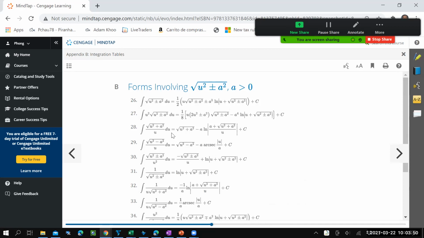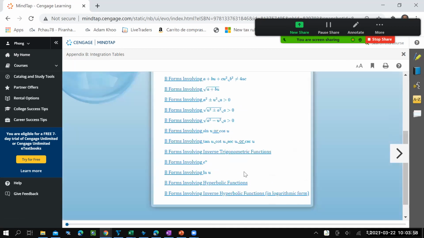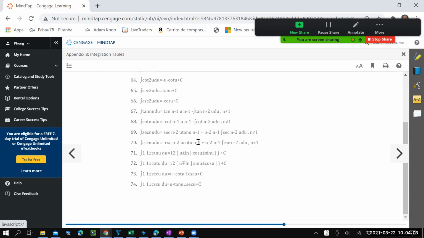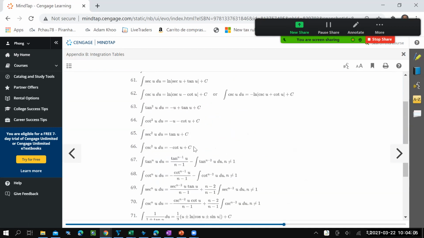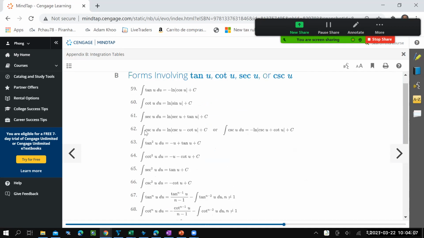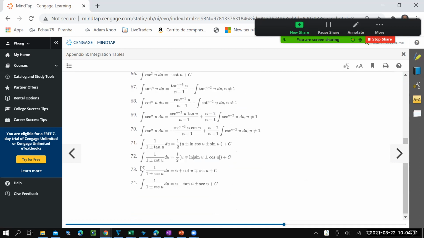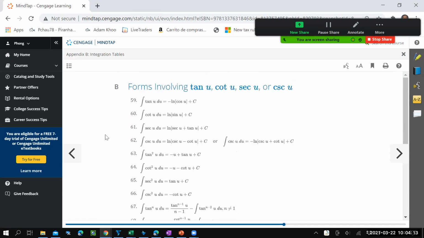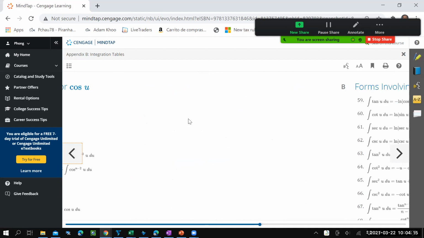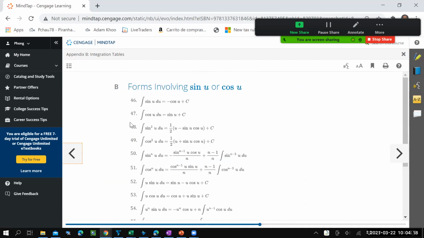You just use the formula in the table and just apply it, right? So again, if you're back to here, that involves tangent and cotangent. You click on this, then you have all the formulas involving the trig functions. Now at first you feel like it's quite easy to apply, right? So you can just do it, right? Just apply the formula. But